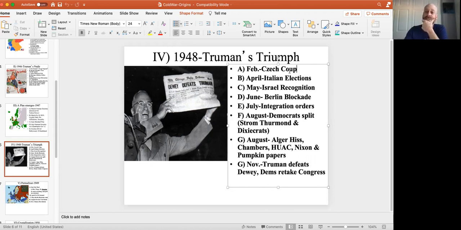And things started to heat up in 1948. In February, you had a coup in Czechoslovakia. Now, Czechoslovakia is one of these countries that was actually left relatively undisturbed by World War II. Hitler took it over without even firing a shot. That country was basically carved up by these pre-war agreements, and it was occupied by the Germans, but no bombs fell on Prague. It was left undisturbed. The Red Army kind of swept in from the east and occupied it. For whatever reason, Stalin imagined that he could just sort of allow the Czech people to have elections and that they would elect a communist government, and they didn't.